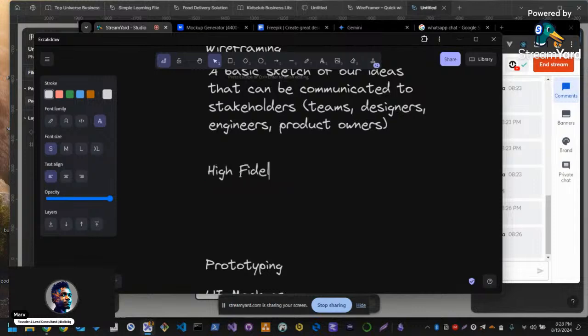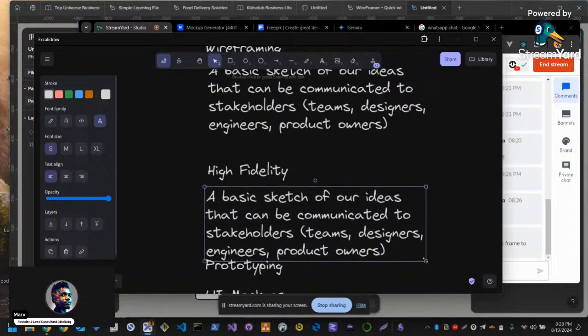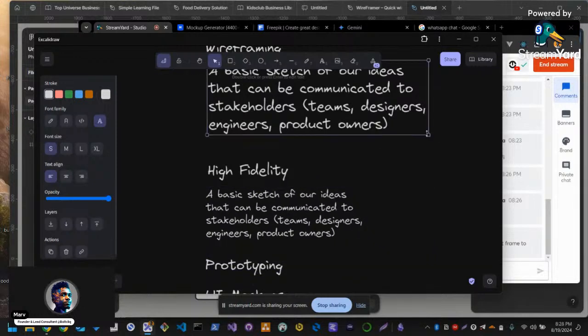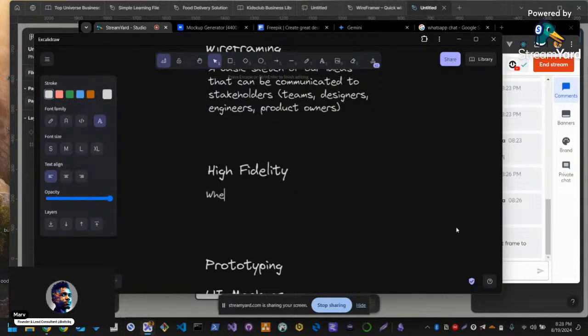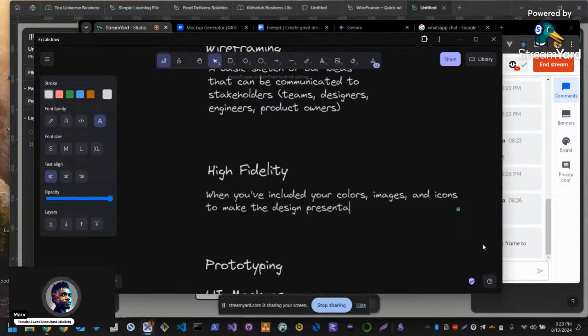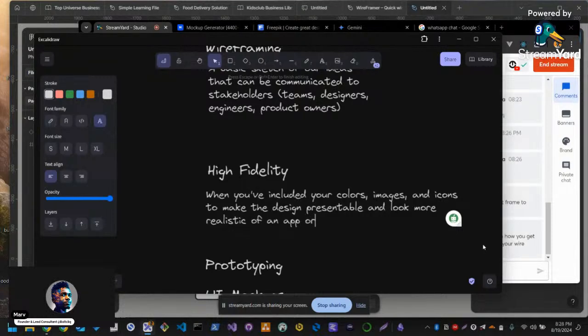High fidelity. Okay. So high fidelity is when you've gotten to the point of including your colors, your images, and all that. So let's say when you've included your colors, images, let's say icons to make the design presentable and look more realistic of an app. Okay, so you're trying to